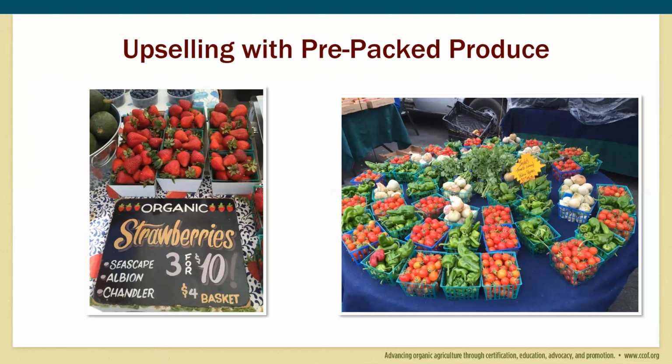And then again, just upselling with prepackaged product. We're all familiar with the 3 packs of berries. That's been around for a long time. But what about salsa packs, right? So we've got tomatoes, peppers, and tomatillos. If I would have had some 3 packs, I would have